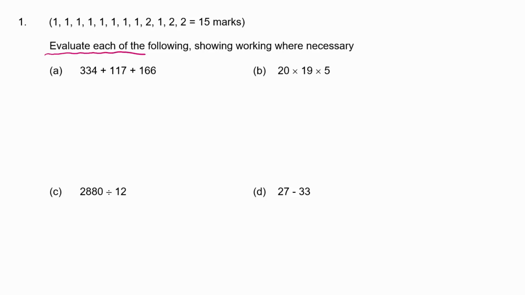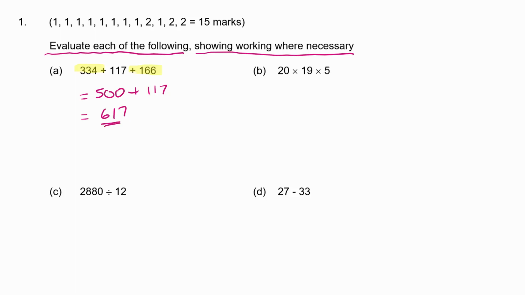We're asked to evaluate each of the following, showing working where necessary. Now with the first one, there's a trick. If we look at the 166 and the 334, it should be clear that 66 and 34 gives us 100. So altogether, 334 and 166 gives us 500. And then all we have to do is add the 117 and we get